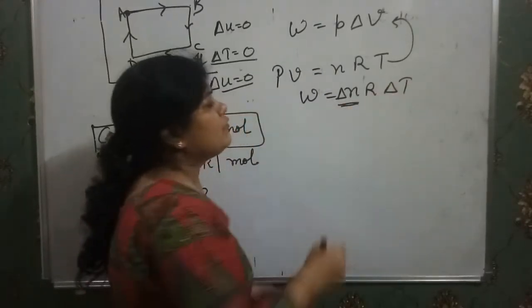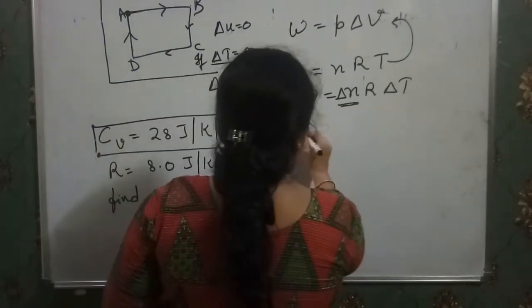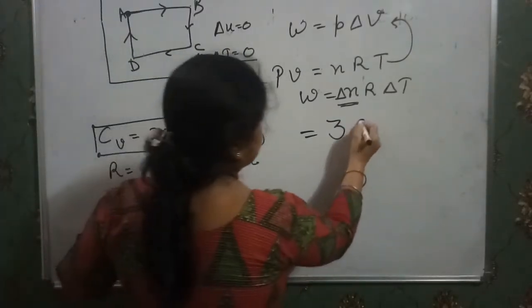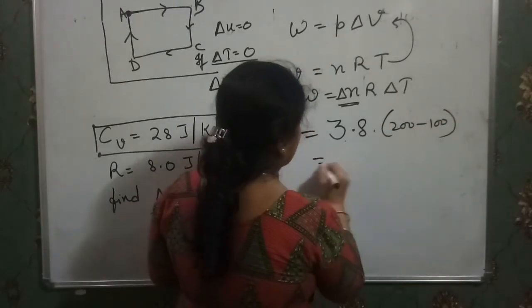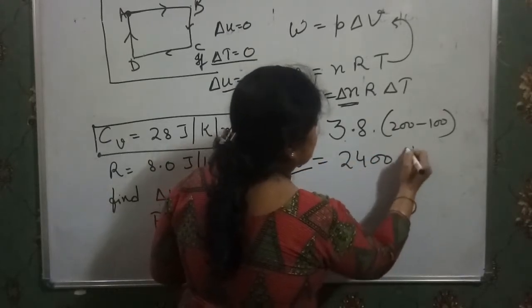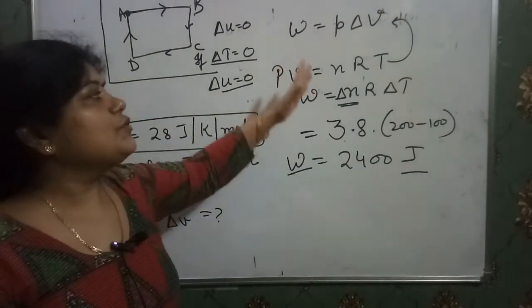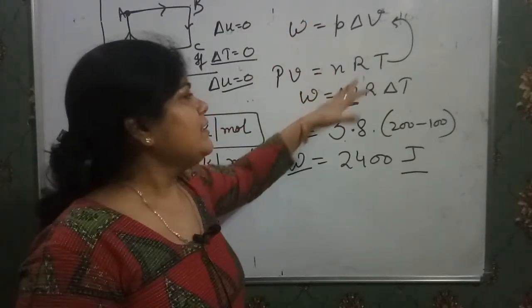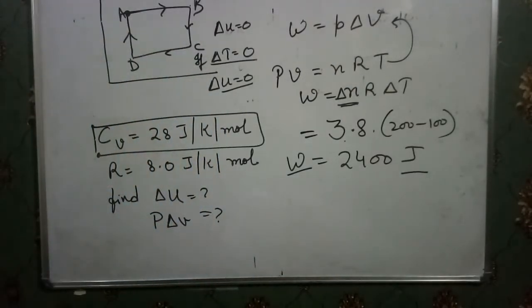If there is a change in the number of moles, then we put delta n here, and delta T is the change in temperature. Now there is no change in the number of moles, so we write only 5. The value of R is 8 and delta T is 200 minus 100. So we have 4000, and it is work done, that is P delta V, so it is again in joules. In this way, whenever we have to find P delta V and no pressure and volume are given in the question, you just put nR delta T in place of P delta V and you can solve the question. Okay, clear? I think it is clear to you.